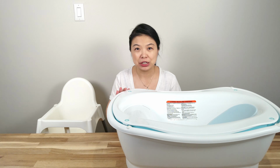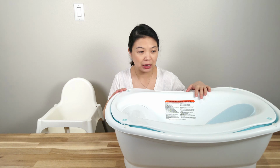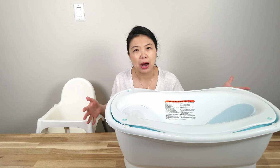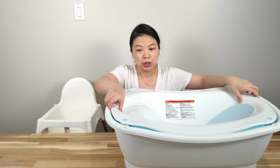If we're not using the high chair, then this bathtub is the alternative that we use. I like this bathtub because there are so many different ways to use it and it grows with the baby. I love products that I could use for a long time. This top part can be detached and used over the sink when taking a bath with an infant. Also, if there's no sink, this could be attached to this and be taken over the bathtub as well. And once the baby is grown a little bit, then